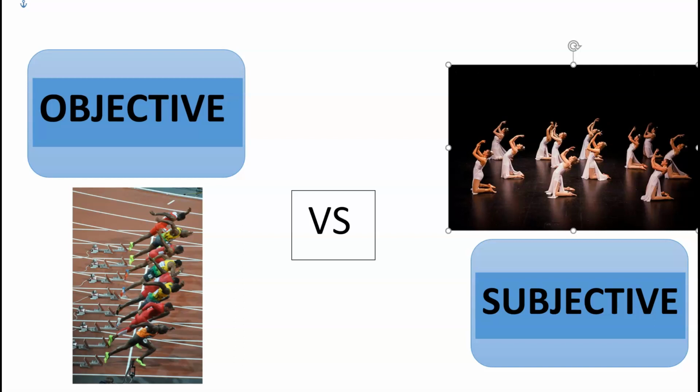So subjective is dependent on the observer, and objective is independent of the observer and is only based on things that can be measured, such as time or distance. Now, some sports are solely one or the other. For instance, I gave you the high jump example earlier. High jump is based on the measurement, but however